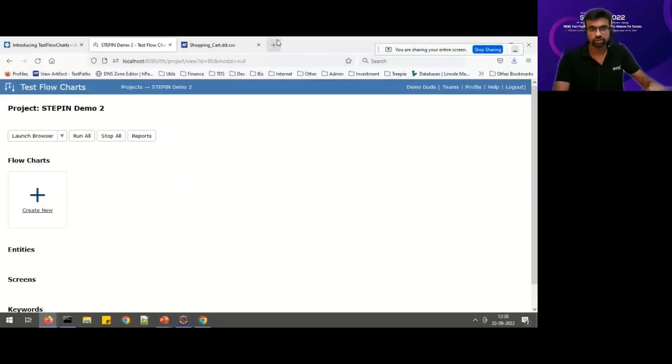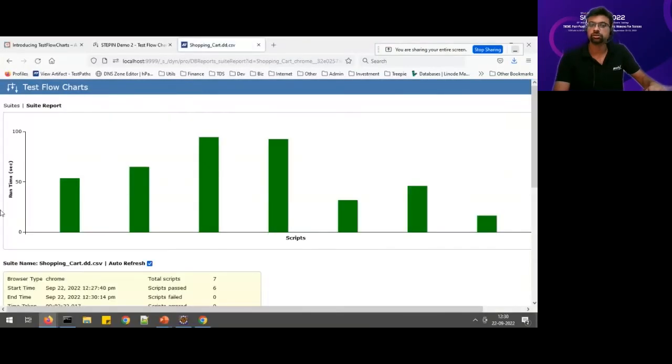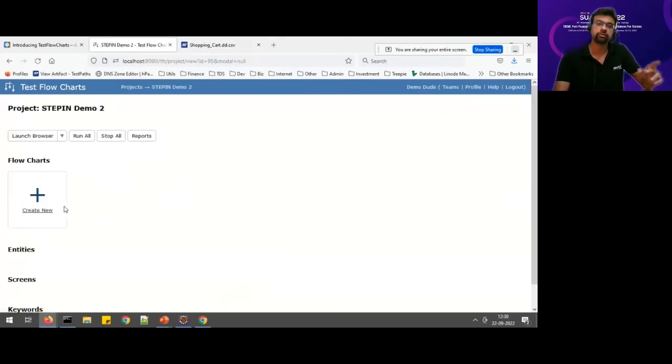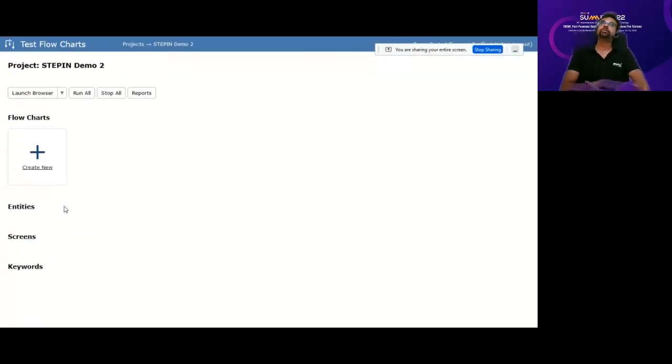Let's see if they've finished. Yes, those 7 scripts that we ran have finished, and this is what the report looks like. Eventually we'll pull that all back and show it in this UI itself, and you will be able to pinpoint, in this whole execution, at what point of that flowchart the failure happened and what was the cause of the failure. You should be able to see that from there itself. You don't need to go and look elsewhere. And also there are a bunch of other things that we can show on that.